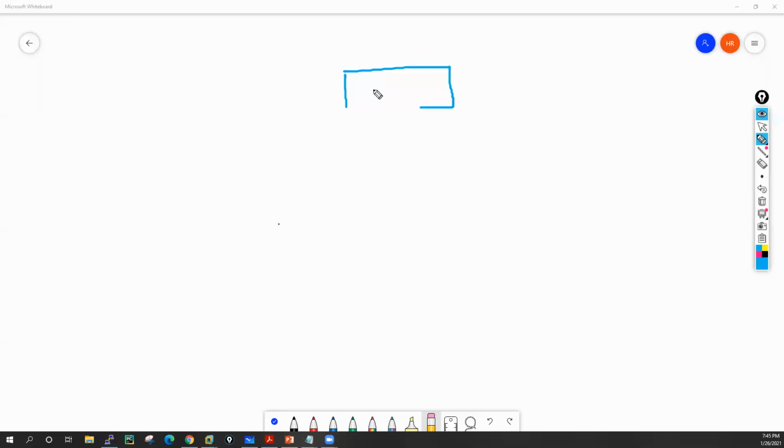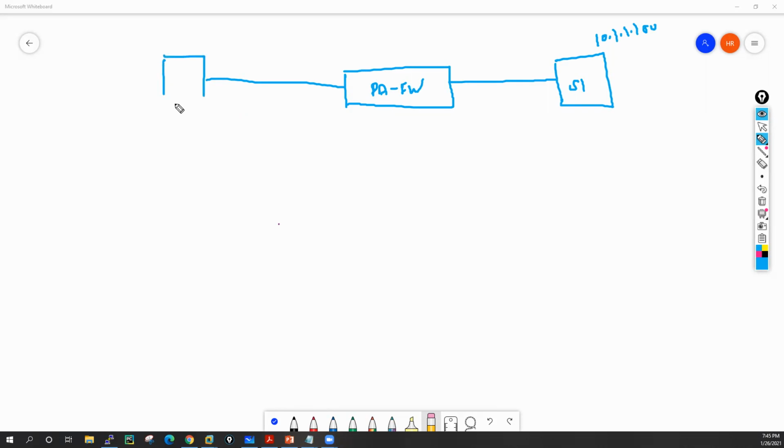So this is my Palo Alto firewall. I will put two interfaces only for now. On one side, I will put a server, and on that server, let's say I define the IP address 1.1.1.108. On the other side, I will put one PC, and that PC has the IP address, let's suppose, 10.2.2.100. Now let's say this PC wants to send some data towards this server. So it will send this request to Palo Alto, and Palo Alto forwards this request towards the server.